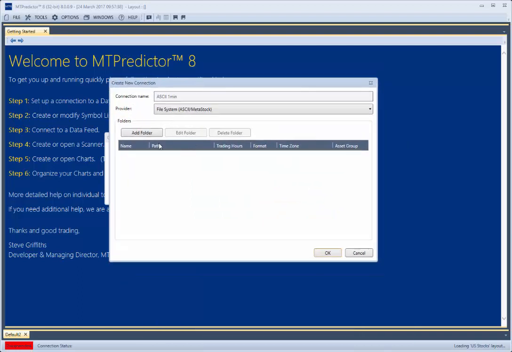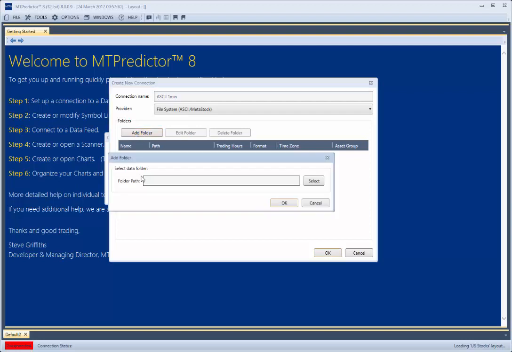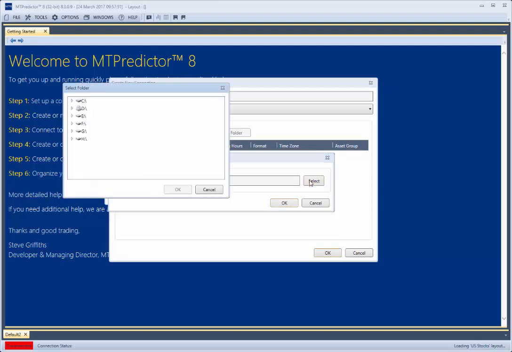We now have to add a folder. In other words, this is the folder that's on your PC, so MTPredictor knows where to find your data. So you do Add Folder. You then do Select to choose the folder path. In other words, you navigate down to where your data is actually stored. And I've got some 1-minute data for the USE minis in this particular folder, but you highlight your folder, then